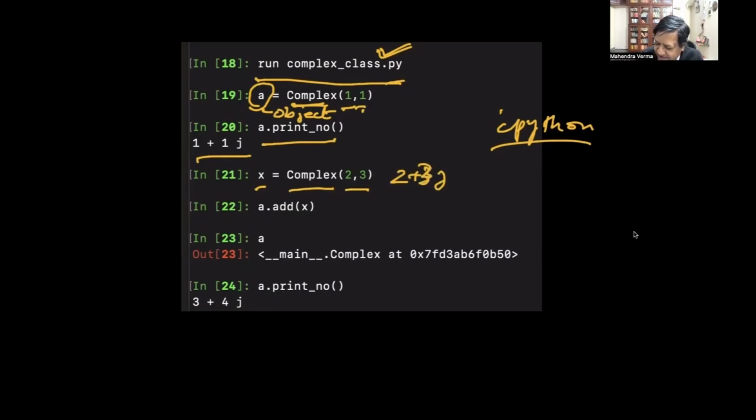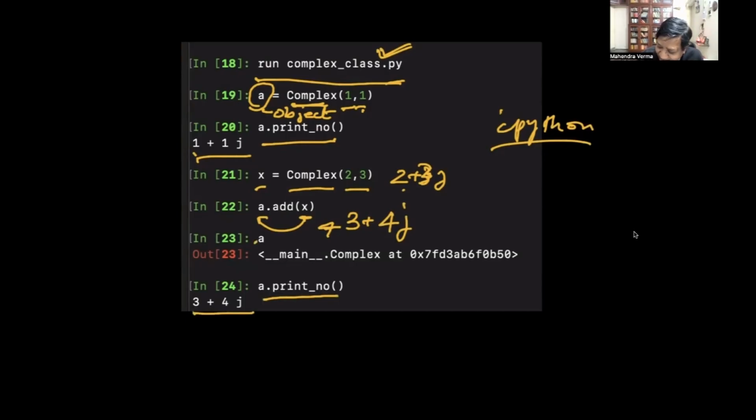A dot add x. So I add x to A. So what should A be now? 2 plus 1 is 3 and 3 plus 1 is 4. So after this, A should be 3 plus 4j. And indeed, A dot print number is 3 plus 4j.